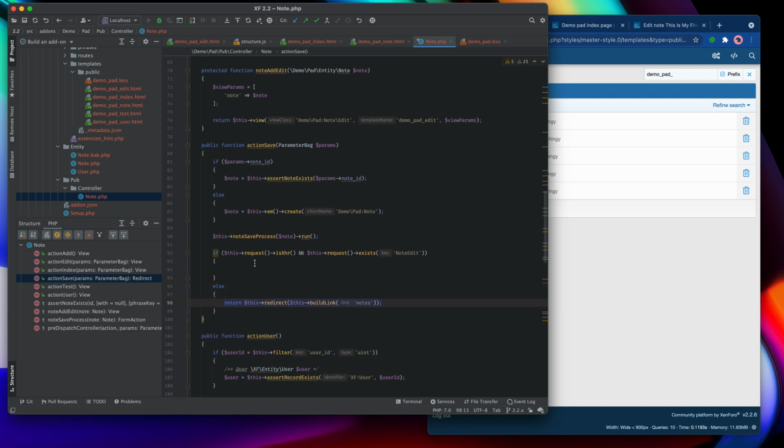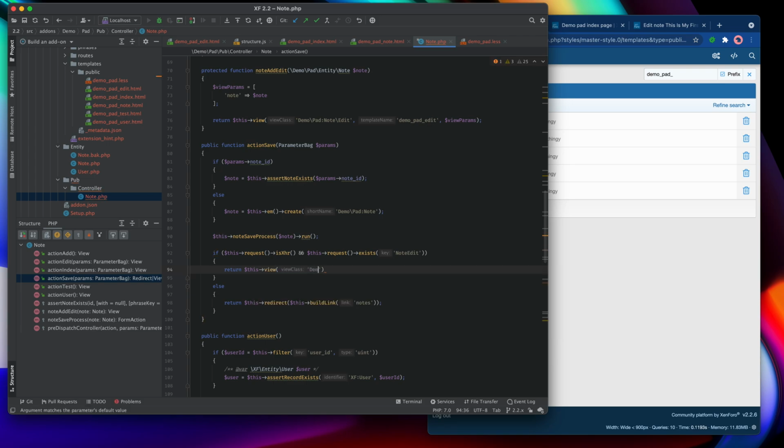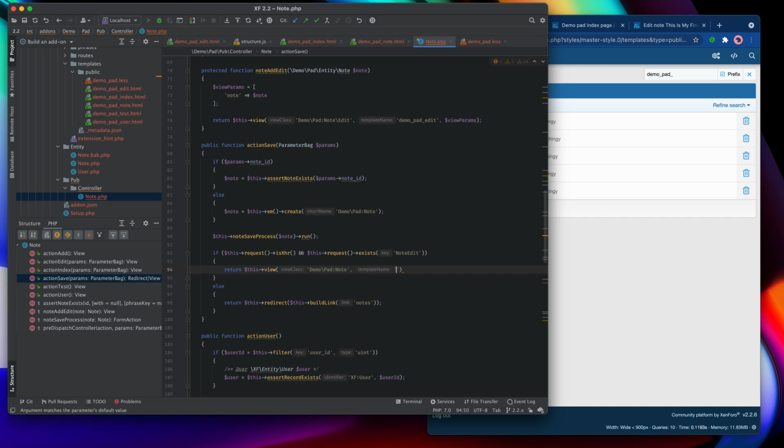So if we are not submitting through AJAX and we don't have the note edit parameter, then we'll return the redirect. But if we do, then we want to return this view demo pad note,